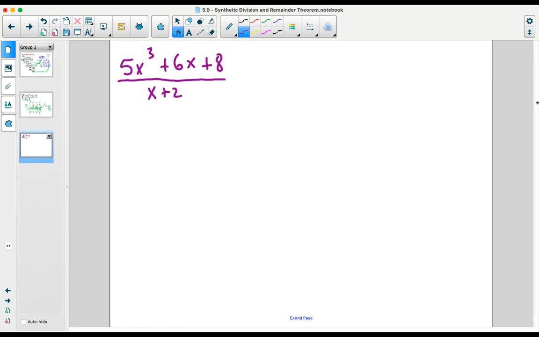Our rules for synthetic division are satisfied. We have a polynomial in the numerator written in standard form. We have a binomial in the denominator that has a coefficient of 1. Synthetic division's requirements are satisfied, so we can place the polynomial in and hopefully simplify it in a much more